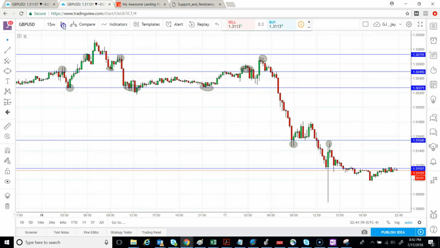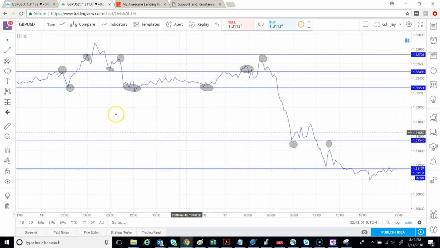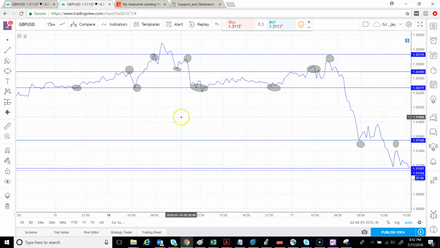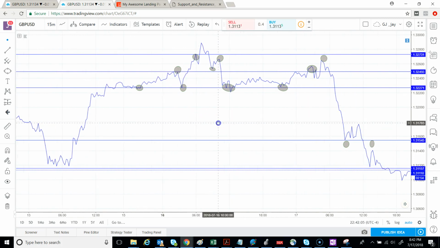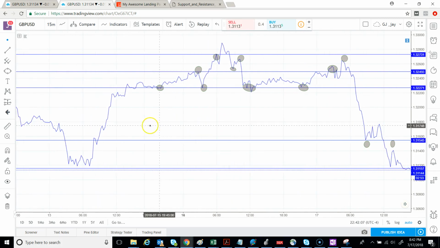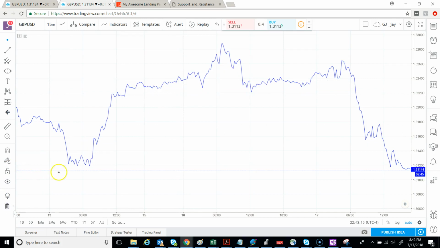Similar to what we did here, if we go to line, right? The reason I'm making you guys use line is because it removes a lot of the noise. There's not a lot of wicks, not a lot of colors going on. It makes everything a lot simpler, right? So if we were to erase everything here,